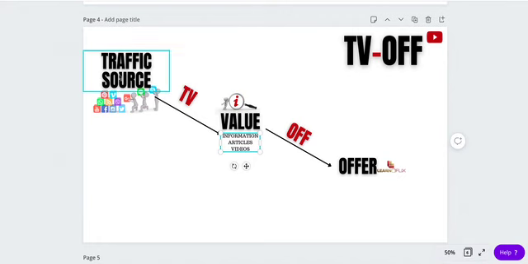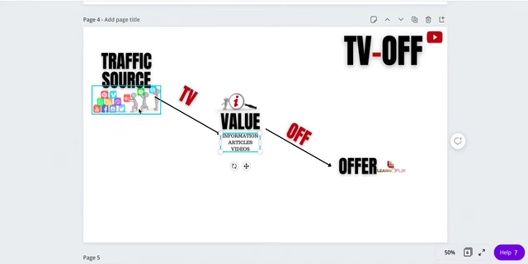Traffic source, you show them something of value to attract their attention, and then you reveal your offer to them after you have given them the information, or they have read the article or watched the video. So that is the first strategy, and this is what everybody should be able to do. I mean, you are way smarter than I am, and you should be able to do this, regardless of where you are: America, the Middle East, Europe, Africa, any part of Africa for that matter.